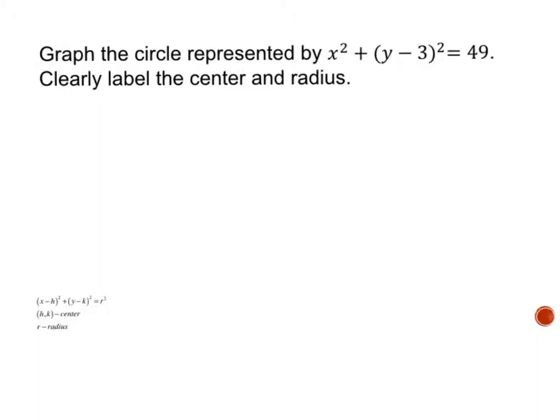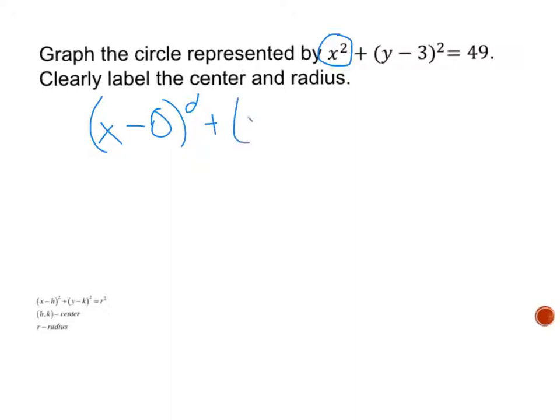Now this one's a little unique, because we're missing that first quantity that is being squared with the x value when it says x squared. So you have to be a little intuitive about what that actually means in standard form. The reason they write just x squared is because the x coordinate of the center point is equal to 0. If I wanted to write it in standard form, it would look like this. It would be x minus 0 squared